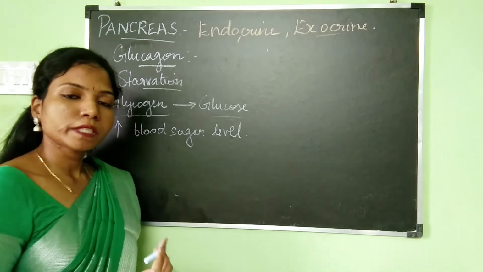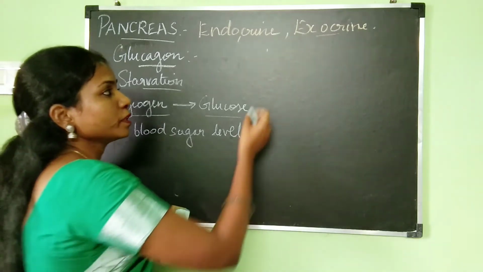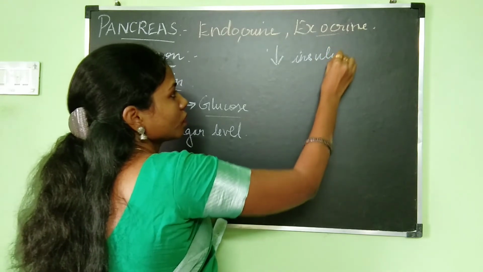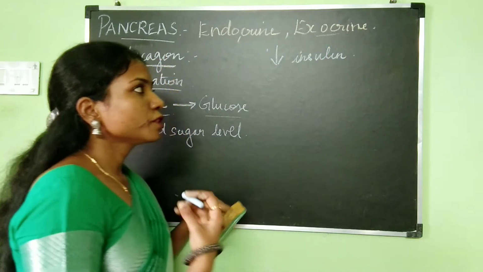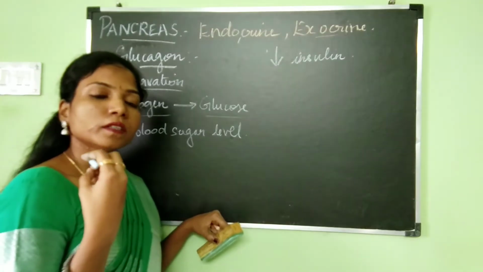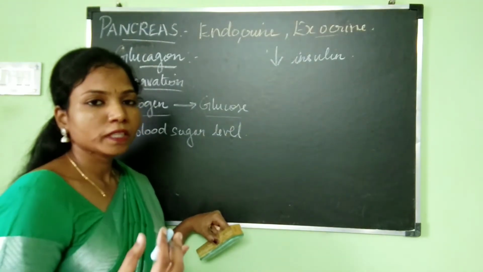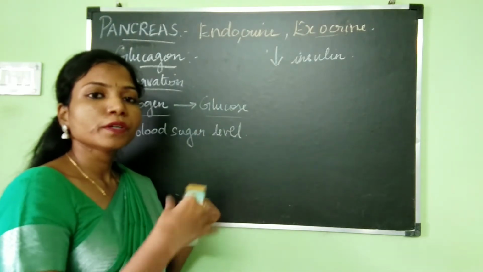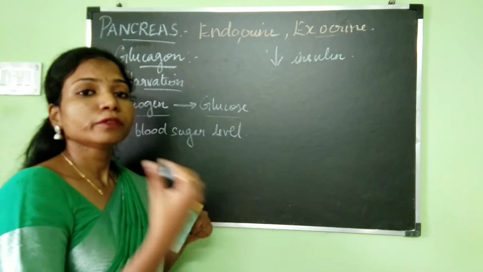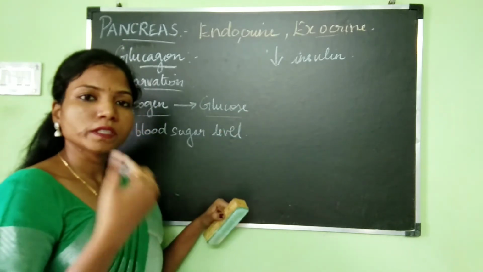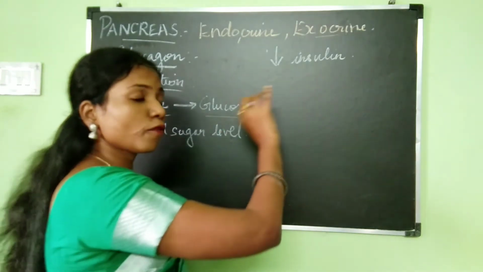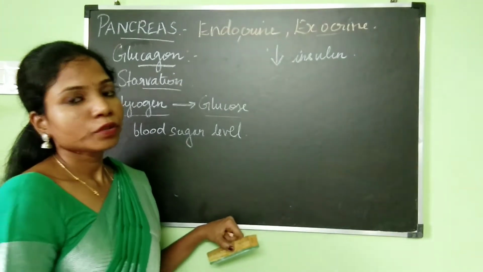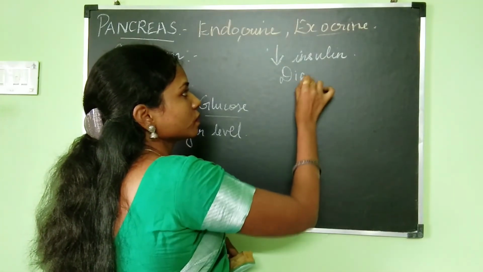Okay, but sometimes due to some reasons, there would be deficiency of insulin hormone. Maybe the insulin hormone is not produced by the beta cells properly, or else the receptors which are present in the liver are not able to respond to the insulin. So there are many reasons, we will discuss that a little later. But for now you understand that a decrease in the level of insulin will lead to what is known as diabetes mellitus.